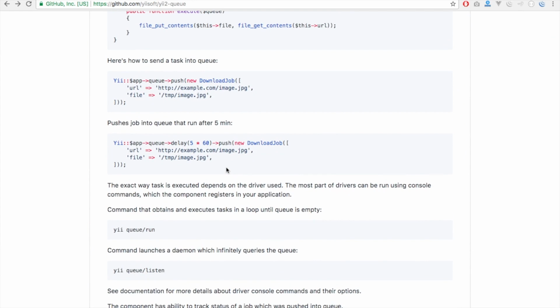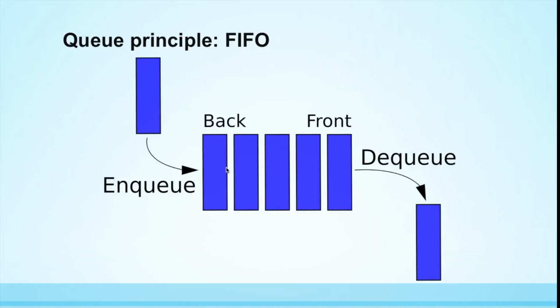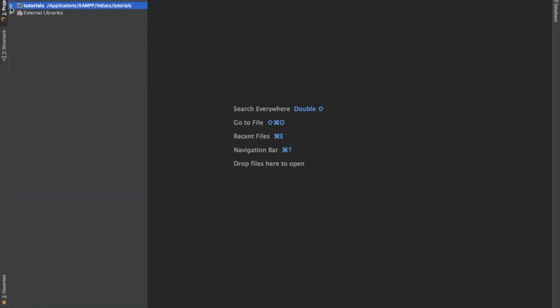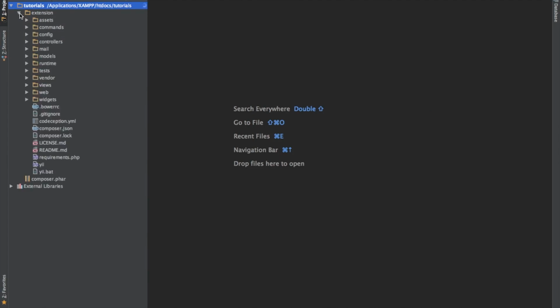But before we go further, I want to restructure our code. Now we have basic and advanced here, and I'm sure if you're looking at this tutorial, it means you already have full knowledge of basic and advanced, how to make use of each of them. But in this case, we're going to be removing the advanced, and I'll change this name to extension. So let's go back to our IDE to be sure. So we only have one folder in there, which is extension.